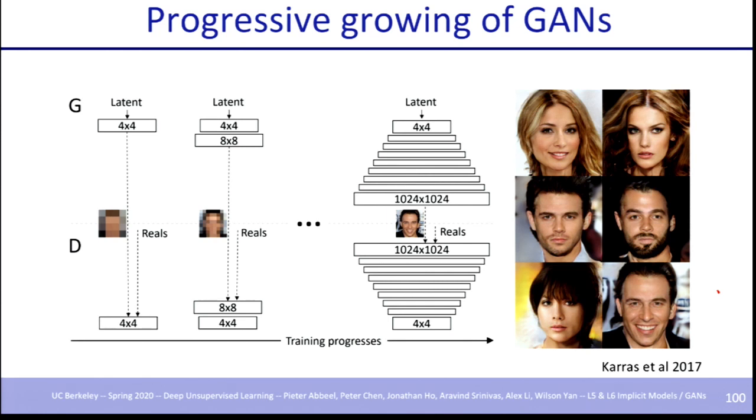And the key idea here is to progressively grow the size of your images, both for the generator and the discriminator. So you start with 4x4 images, very heavily downsampled, like pixel art style, very minimal models. And then you're basically upsampling the spatial resolution by a factor of 2 every time. And you're reusing the layers that you already trained and just adding the next downsampling or upsampling layer in your generator and the discriminator.